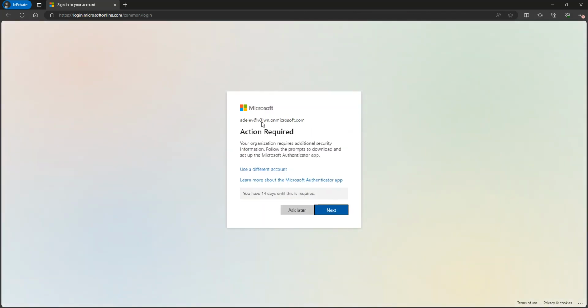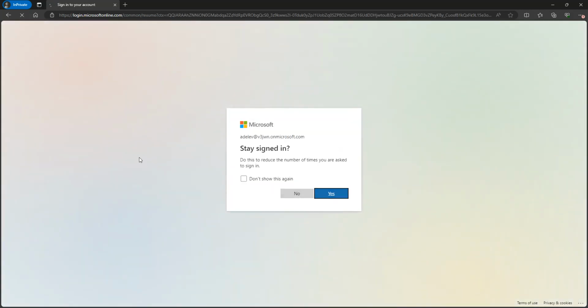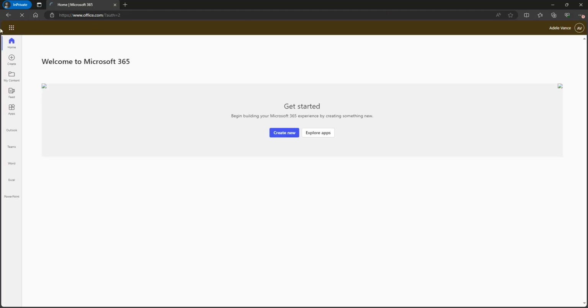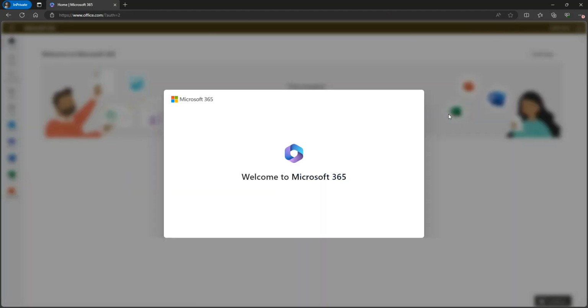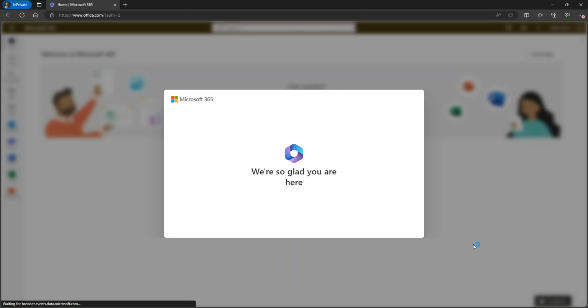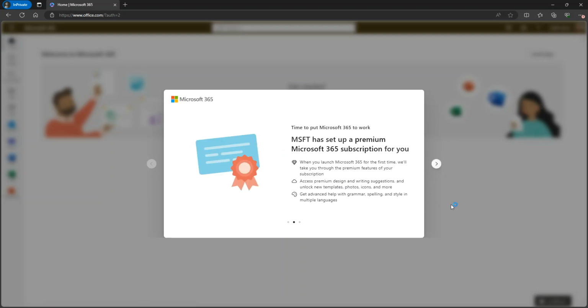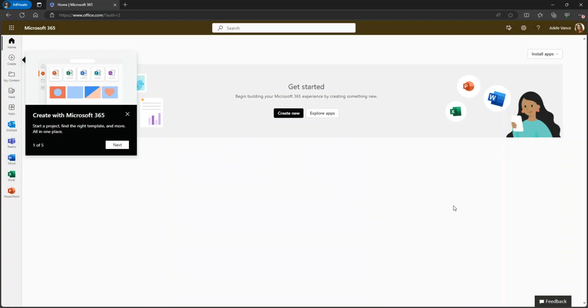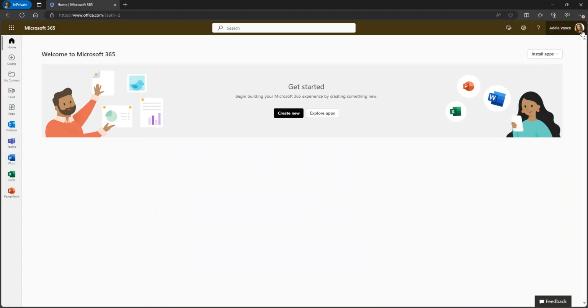Then it's gonna ask Adele to set up multi-factor authentication. I'm not gonna do it for Adele. I'm gonna say ask me later. I'm gonna log in as Adele. So Adele logged in. Look at that, the top area for Adele. This is Adele once she logged into the system. Adele is just an individual user in an organization. It's a fictitious user. Look at that, she has a picture on there. Her name displays like that. On the left, she doesn't have any admin because she's not an admin. It kind of makes sense, right?